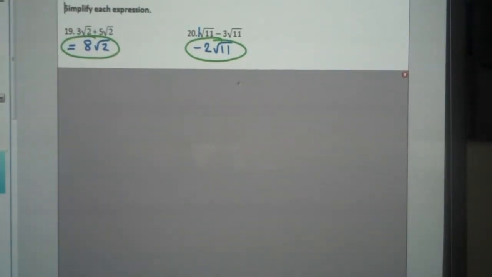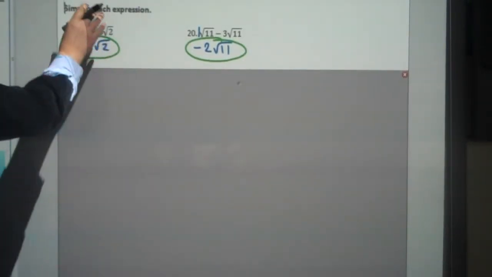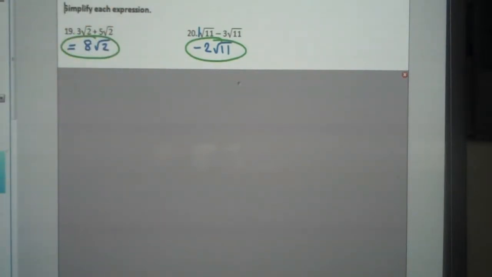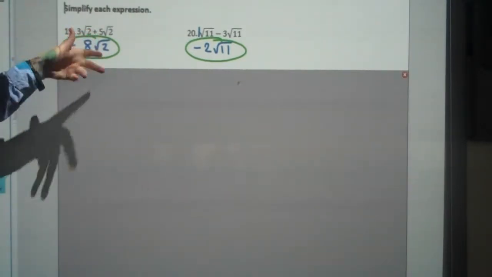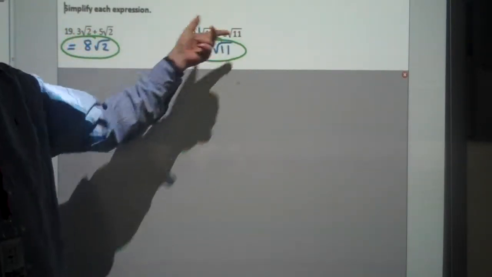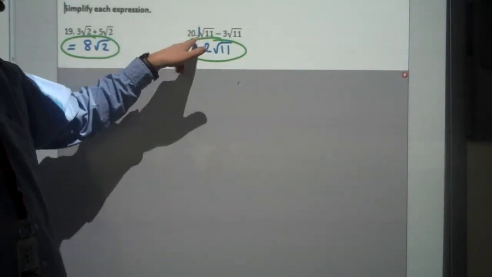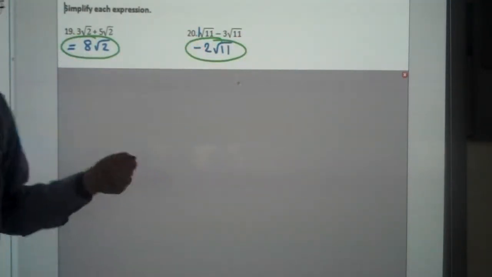Now, a lot of students had forgotten this part and how to add radicals, and they were trying to say radical 2 plus radical 2 is radical 4, which is a very common mistake. All we're saying is how many radical 2's do we have, so 3 plus 5 is just 8 radical 2. Now, as they're the same radicals, we can combine like terms. So 1 take away 3 is negative 2, so the answer is just negative 2